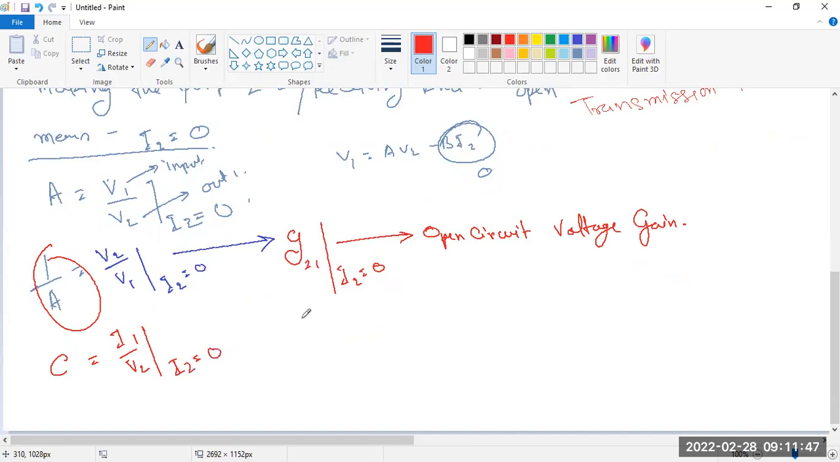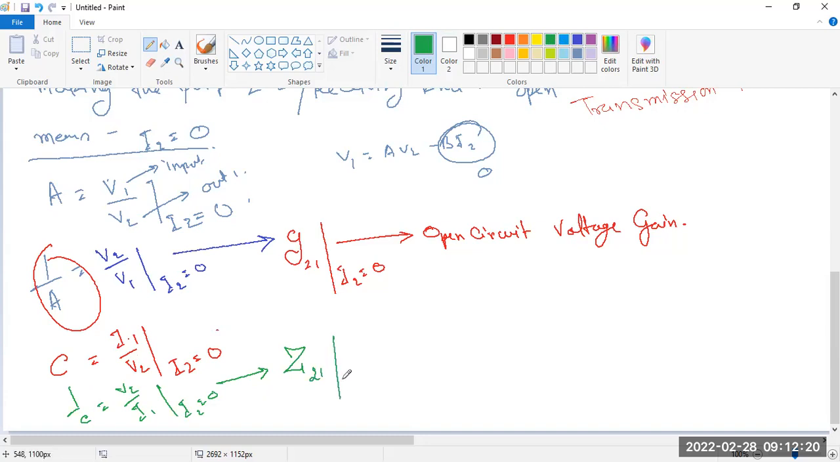But you can see that is input by output, and it is not coming in any option. So we have to change. If I change voltage by current, then we get some impedance. So if we change this 1 by C, means voltage by current, when I2 equal to 0, we get Z impedance,